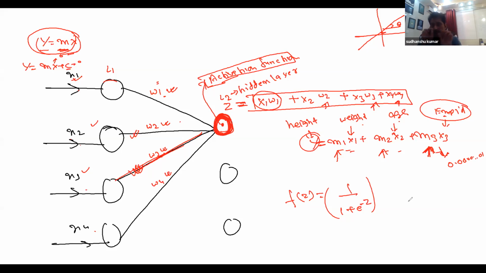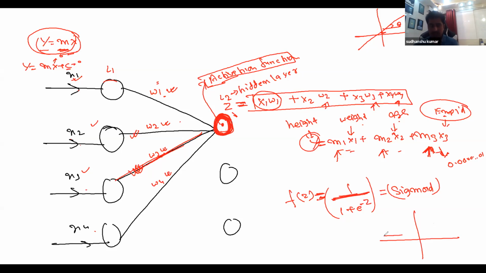So we are trying to pass this entire linear data set into a hidden unit, right? Now, in this particular place, we are trying to apply an activation function. Here it will send this data to the activation function. This specific activation function is called a sigmoid activation function. And if I try to plot a graph for this sigmoid activation function, you will be able to find